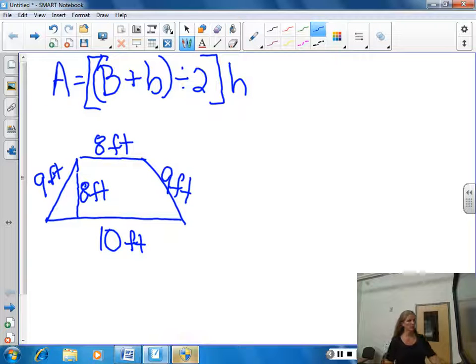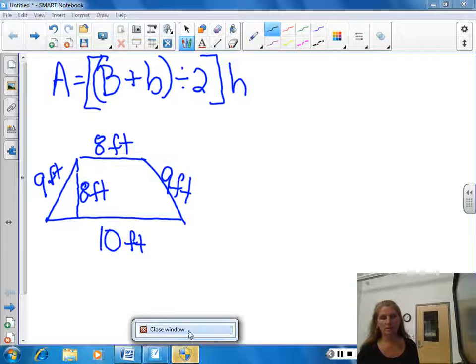Alright, so what you're going to be asked to do is to find the perimeter and the area